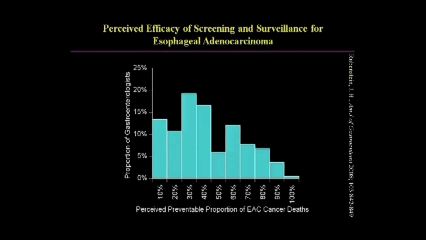And let me bring that home with 2 further points, and then I'll finish. I find this fascinating data. This is the perceived efficacy of screening and surveillance for esophageal adenocarcinoma from a cohort of gastroenterologists. I think this is from the UK. And you can see here that they cluster down on the low probability of helping the patient. Most gastroenterologists in this survey weren't too clear on whether they were helping them or not.